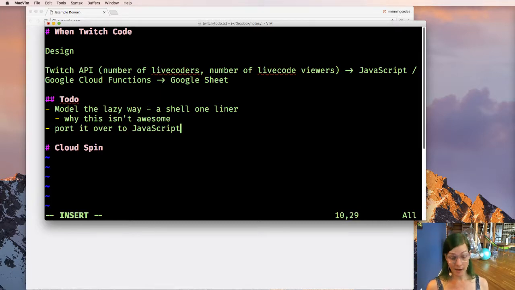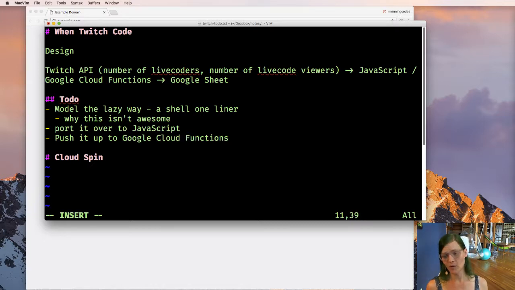And then, once that is running, we will learn how to take that program and push it up to Google Cloud Functions. The reason I want to use Google Cloud Functions is because I want this program to be sandboxed off, and this seems like a cool way to do that. This is not the primary use case of Google Cloud Functions, but I want to give it a spin.